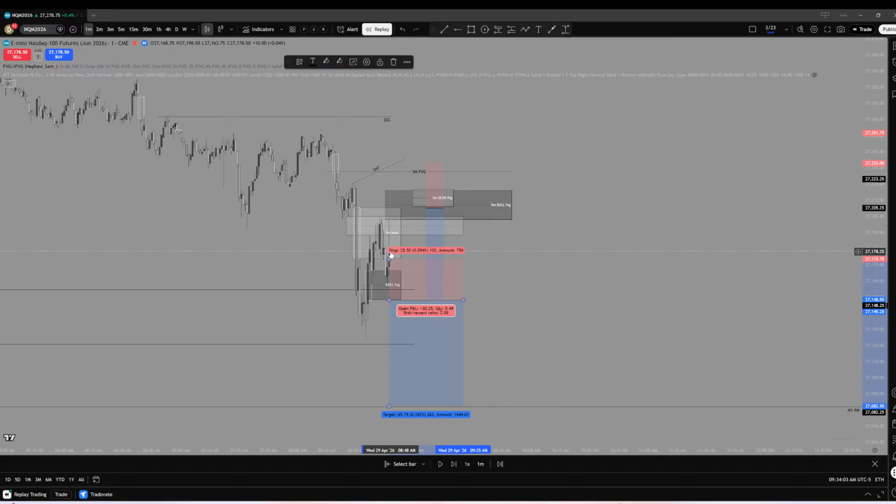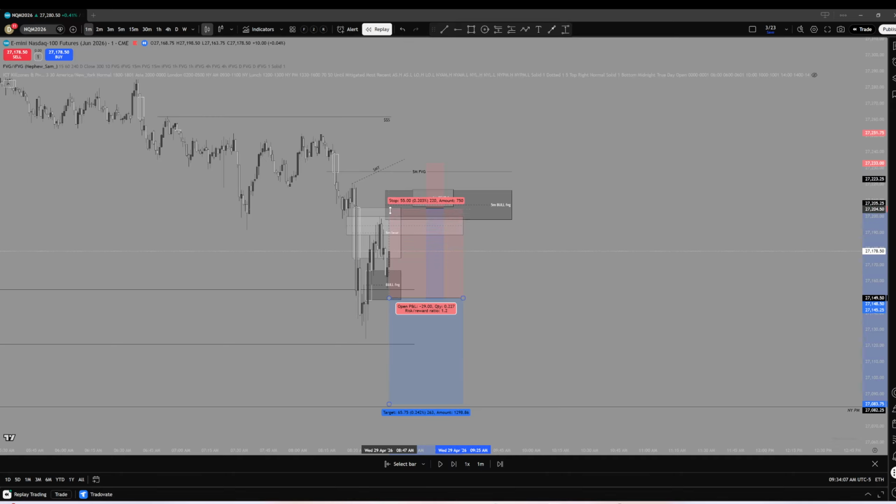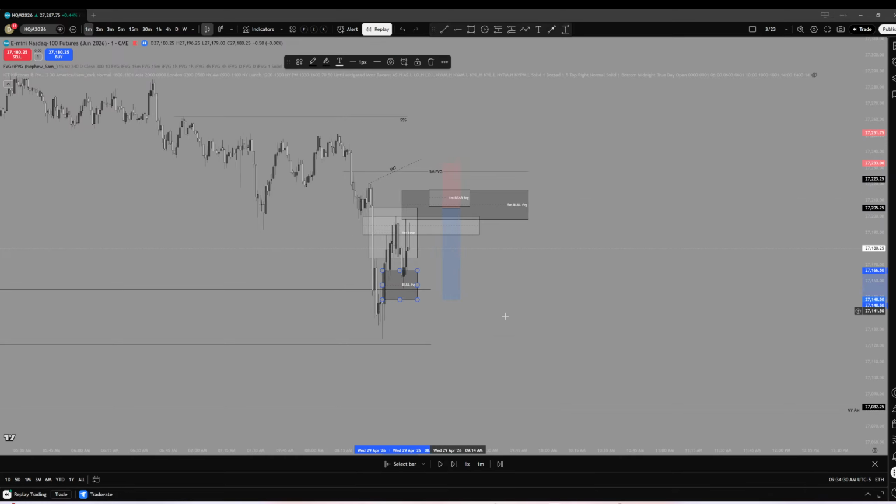It's kind of a wide stop, but with our stop right here, it'd be a nice little 1-to-1 almost, or a little bit over 1 RR. And so I did have these two plays in mind, but once I saw that we held consequent encroachment of this 1 minute bullish gap right here, I was now more turned on to the fact that we could possibly be looking for longs. And we see off this candle